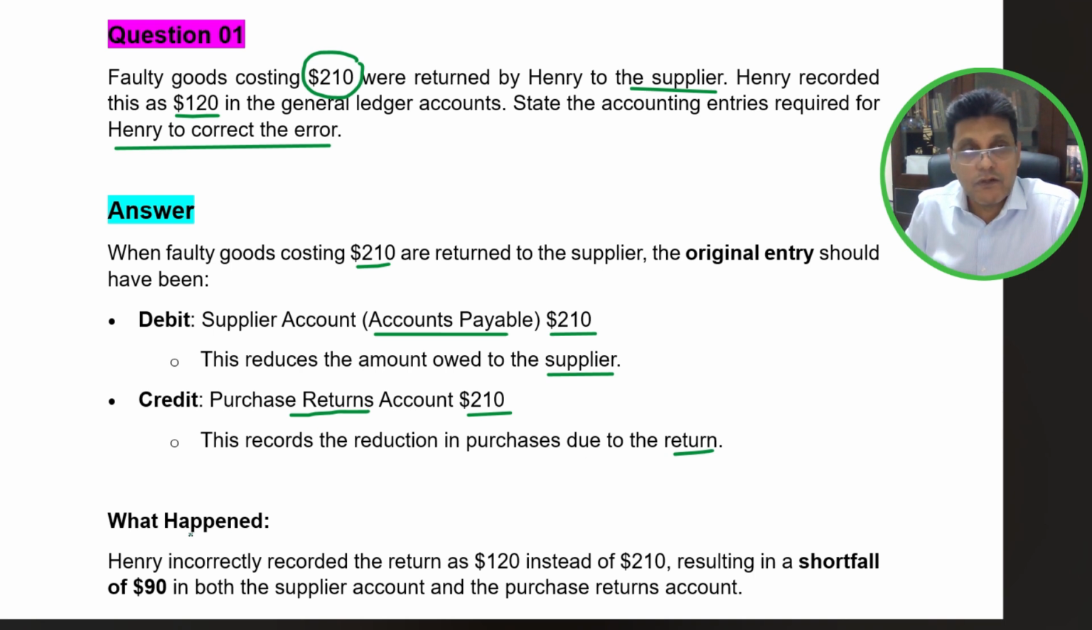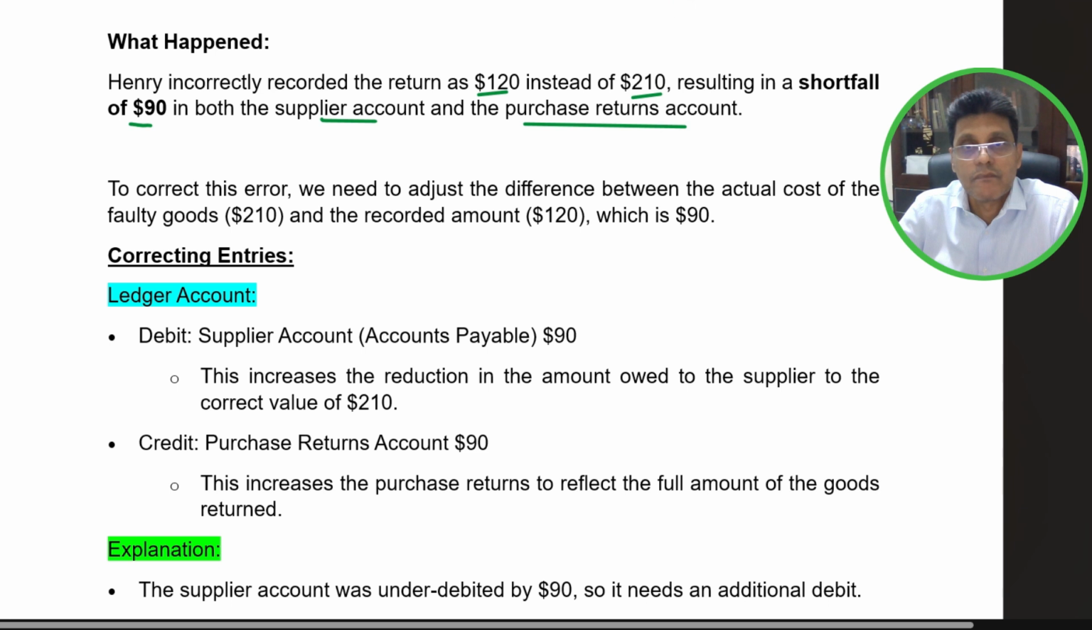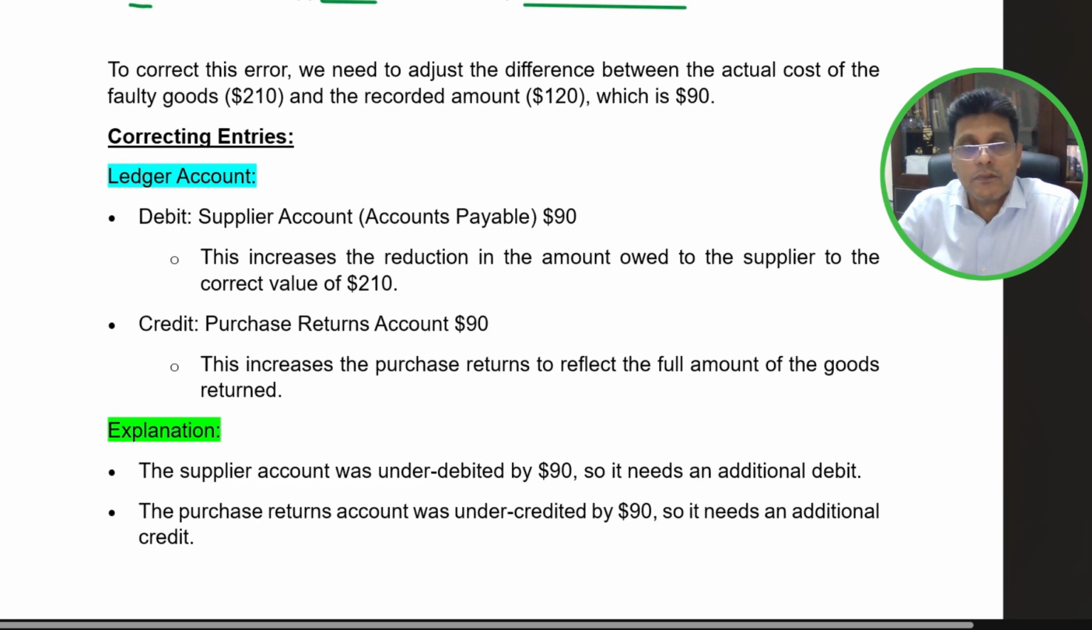However, what Henry has done, he has recorded instead of $210, he has recorded it as $120. So therefore, Henry incorrectly recorded the return as $120 instead of $210, resulting in a shortfall of $90 in both the supplier account as well as the purchases return account. So to correct this error, what we need to do is adjust the difference between the actual